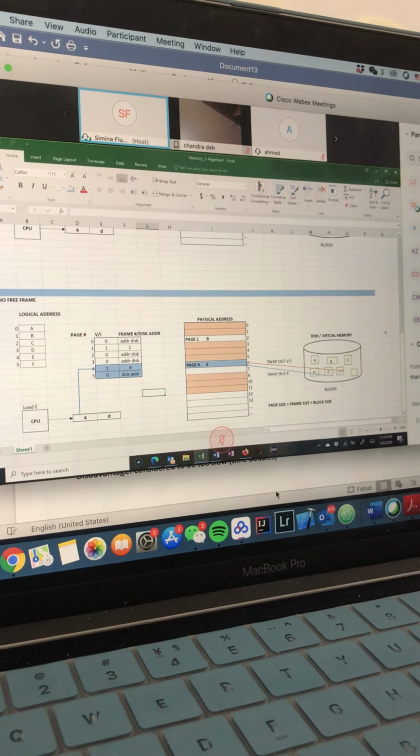But more than that, you can have a higher level of multi-programming, because instead of having two processes completely in the main memory, you can have 10 processes that will be just partially in the main memory.